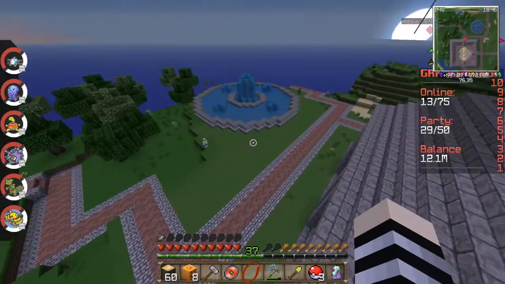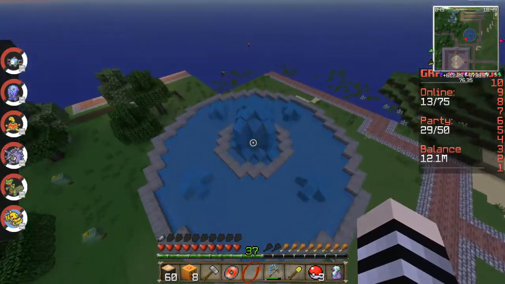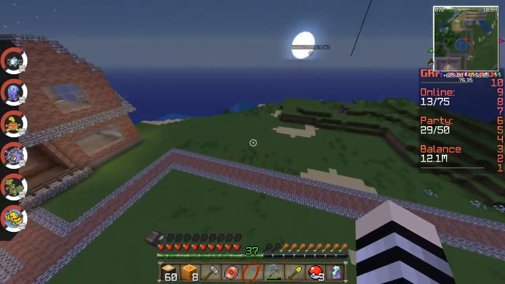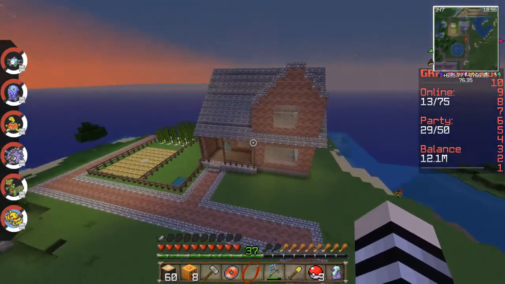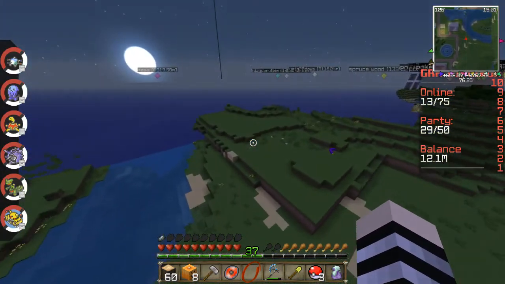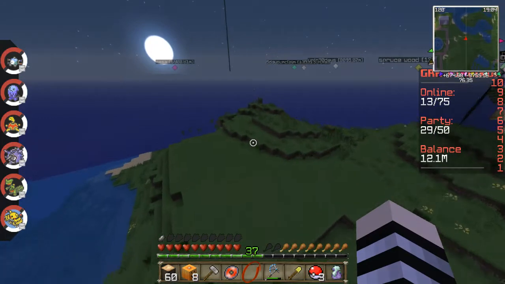Sorry about that. And then we have a fountain. That was just a little bored build, something I did getting bored. And we have a brick house owned by the same person that owned that little big house that I showed you that I said was kind of nice. And over here we have